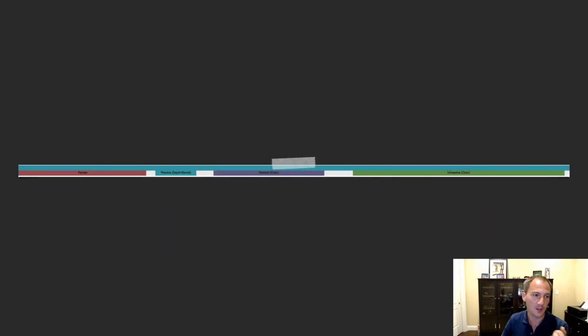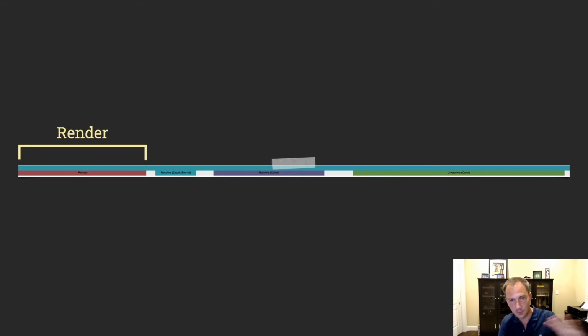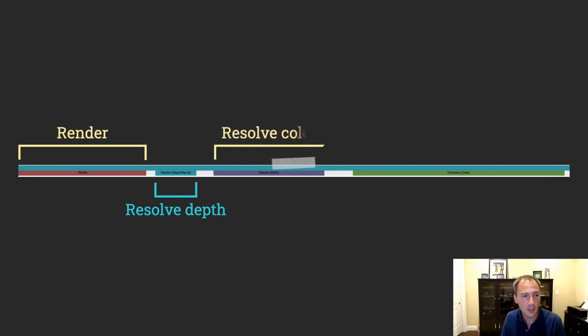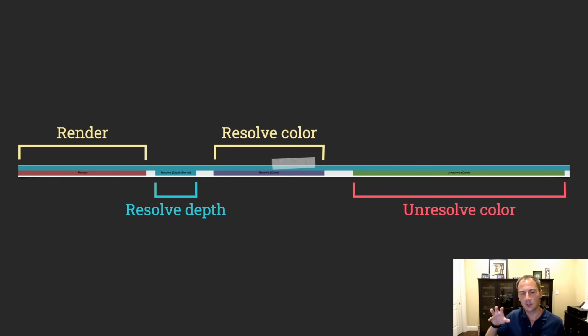If we zoom in on the color pass, every instance of the pattern looks like this. First, we have the rendering itself, so that's going to stay there. Then we resolve the depth. We write out the depth buffer, which is unfortunate, since after that, the color grading or the post-processing does not need that data, so we use bandwidth for no reason. Then we resolve the color itself, so that's good because we need it for post-processing. And then there's an unresolve. So that's actually reloading the tile for the next tile effectively.